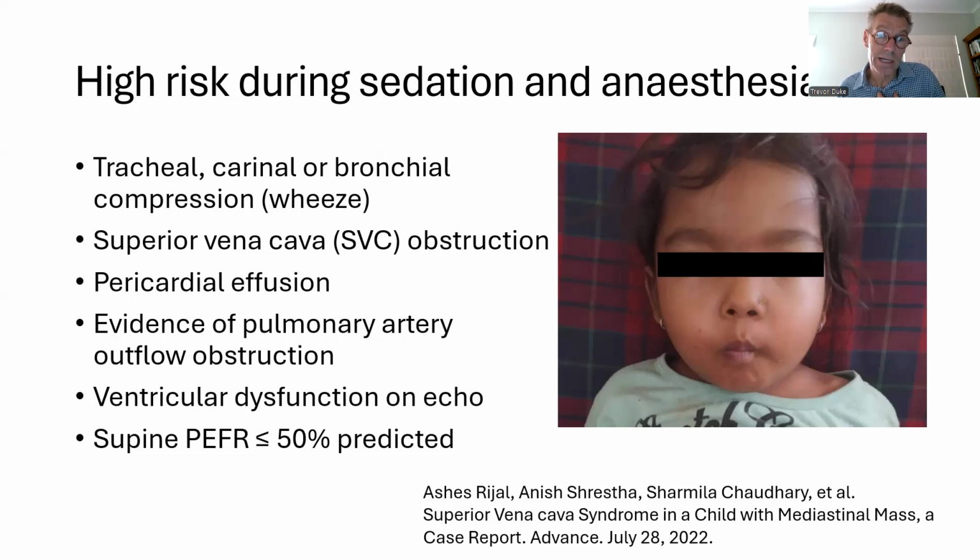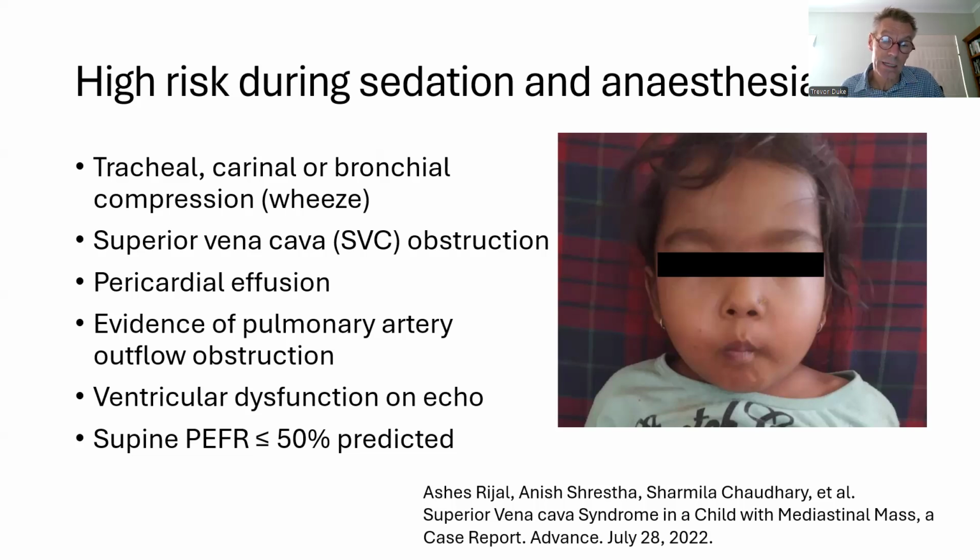So you can get stridor, you can get respiratory distress, bilateral wheeze, or unilateral wheeze. Just be alert to those things, especially if it's associated with facial edema. Like this young girl here has got superior vena cava syndrome with a mediastinal mass. This was a published study from India where the child had facial swelling, and the mother noticed first of all that the child's face was swollen,